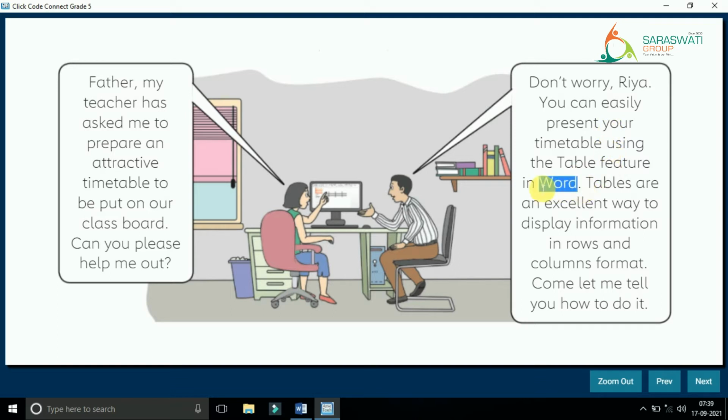So her father is giving her information about the table feature in Word. "Tables are an excellent way to display information in rows and columns format. Come, let me tell you how to do it." So her father is telling her that yes, he will help her.